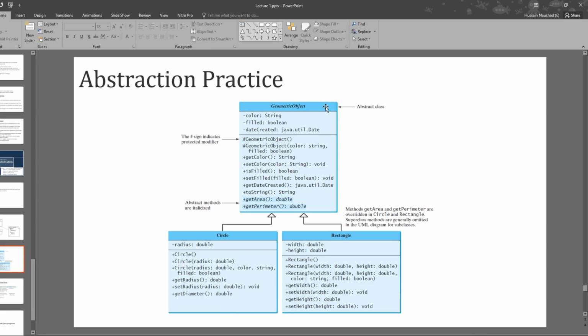Abstraction means this class does not represent any specific shape. That's what abstraction means. It's too general. You can't say, oh, I am a geometric object. No. What kind of object are you? Are you a circle? Are you a rectangle? Are you a triangle? Are you a square? You can't say I am a generic geometric object. That's too general. So abstraction means general characteristics are always picked up into a common class,